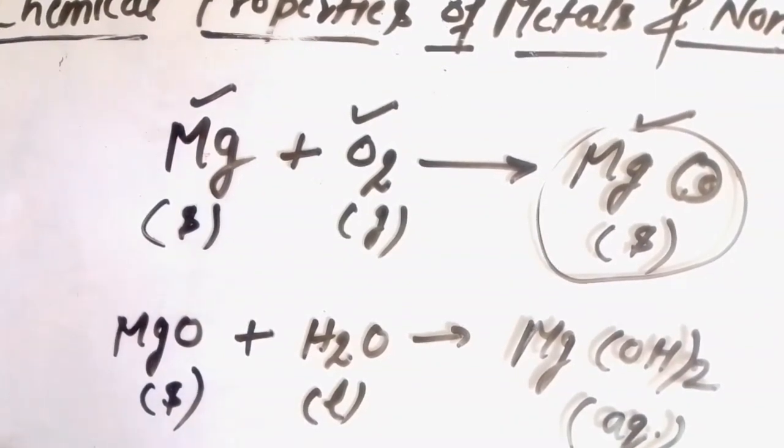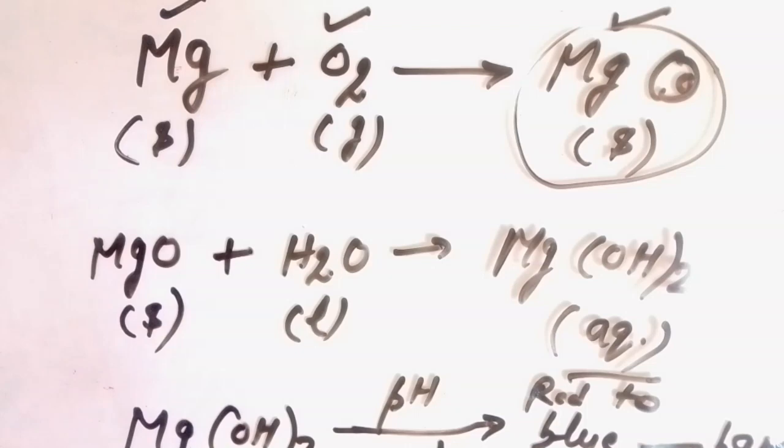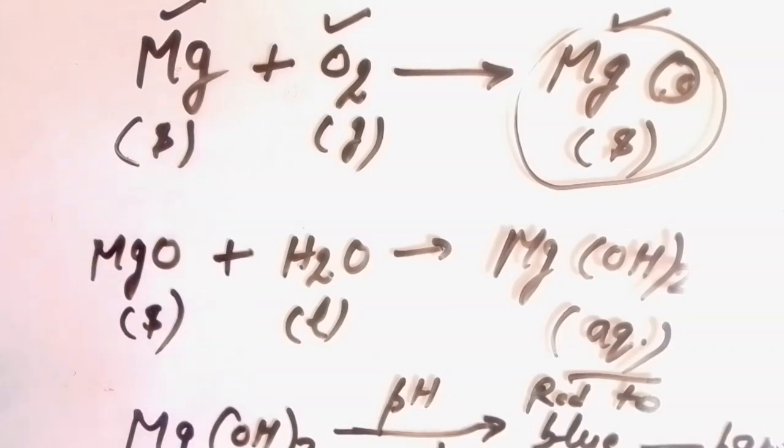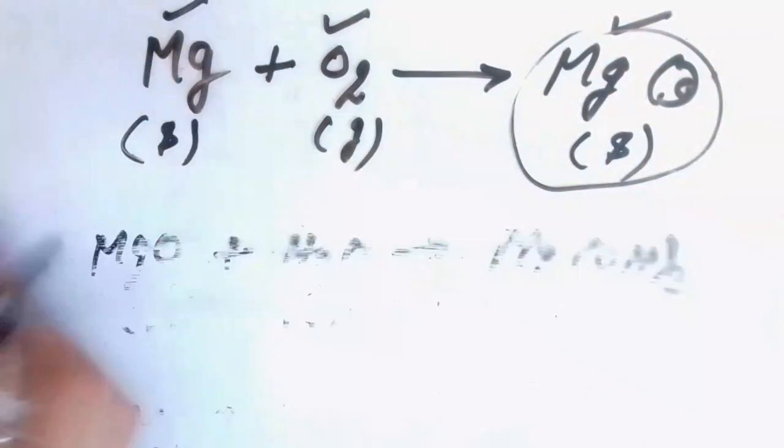So first we have done metal reactivity with oxygen, and we came to know that metals react with oxygen and form metallic oxides. On the other hand, because we are comparing both metals and non-metals here, when we talk about the non-metals,